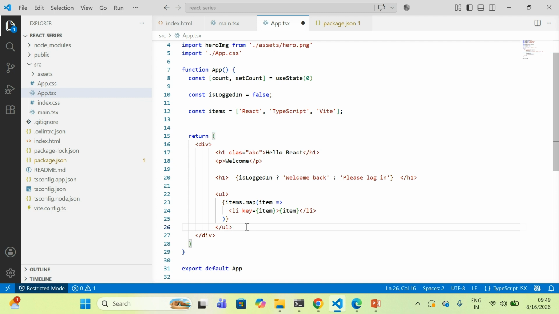There is some mistake. So what I did here, I used a map, and it should display all the values from the array in the UI.